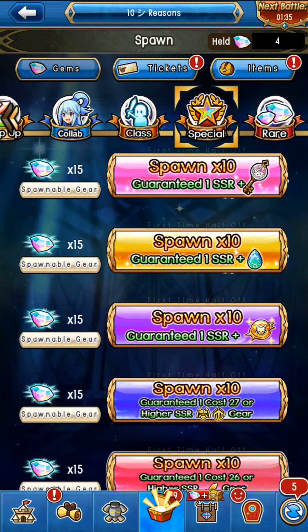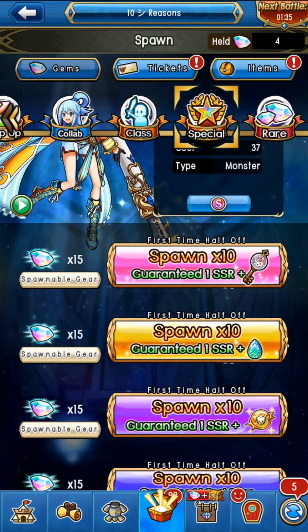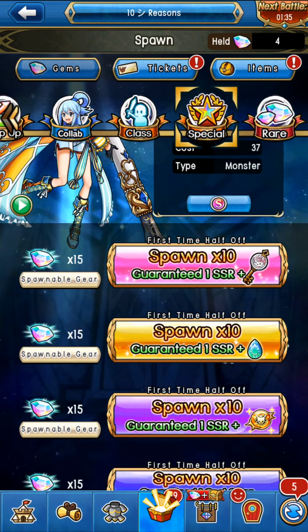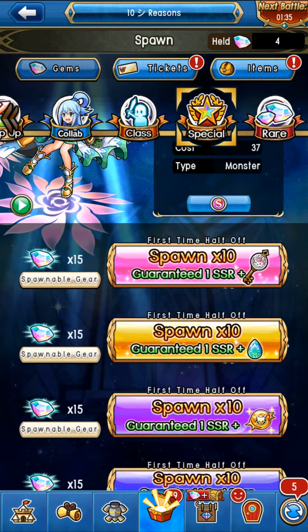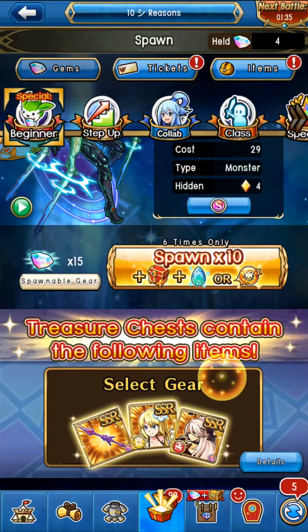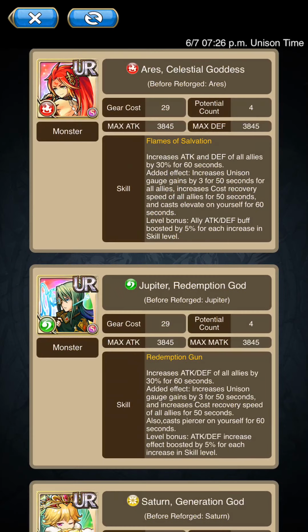With the special spawn, it's first time half off. Now you will be getting an ether or an awakening orb guaranteed because you get to choose on the treasure spawn over here. But for what they have surrounding it, plus the ethers and the awakening orbs, it's so much of a better deal with the beginner treasure spawn. It is stupid. So anyways, let's actually get into the gear that they have for each chest,